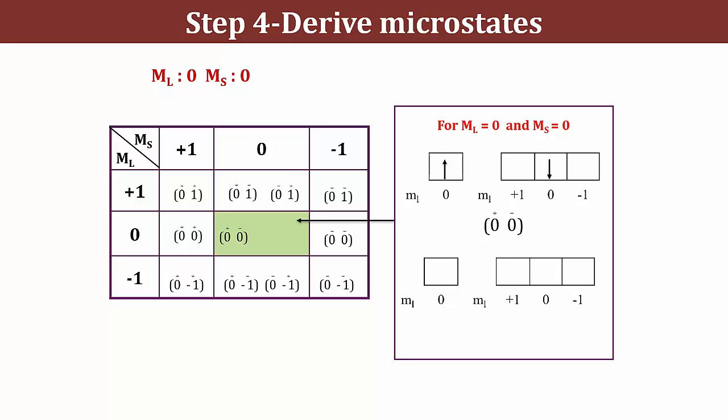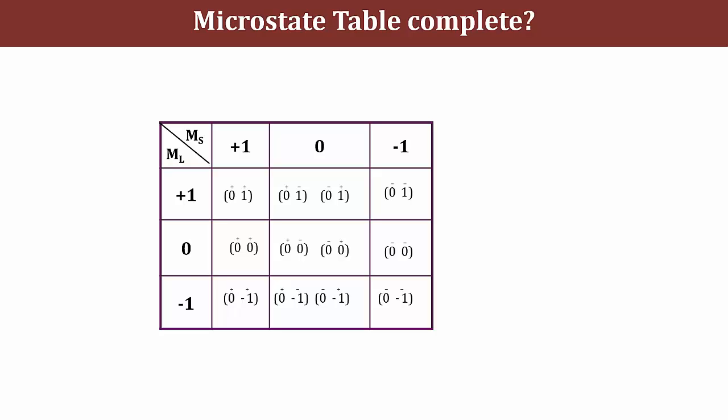In the other case, the electron in the s orbital will have the spin minus half and the electron in the p orbital will have the spin plus half. So the microstate will be 0, 0 minus plus. After writing all the microstates in the table, we can count the number of microstates which have been shown. So it is 4, 4 and 4. So the total here is 12. Initially we have calculated the number of microstates, which is 12. So all the 12 microstates have been shown in the table.